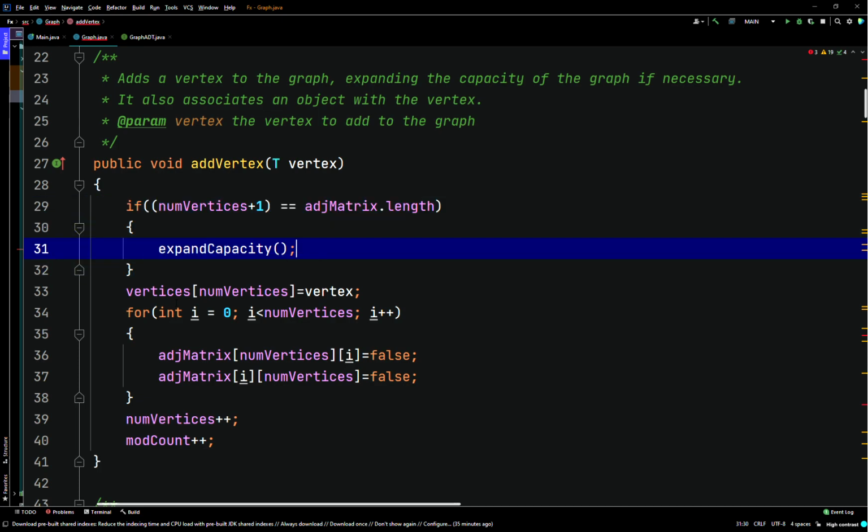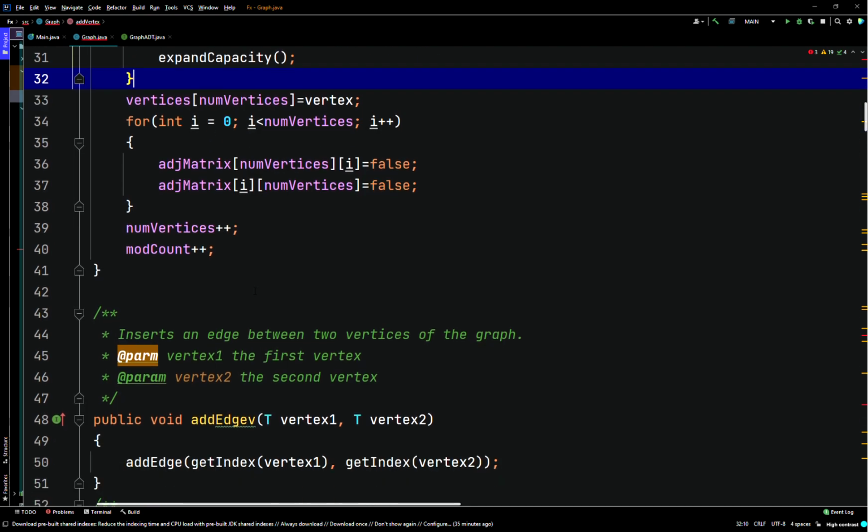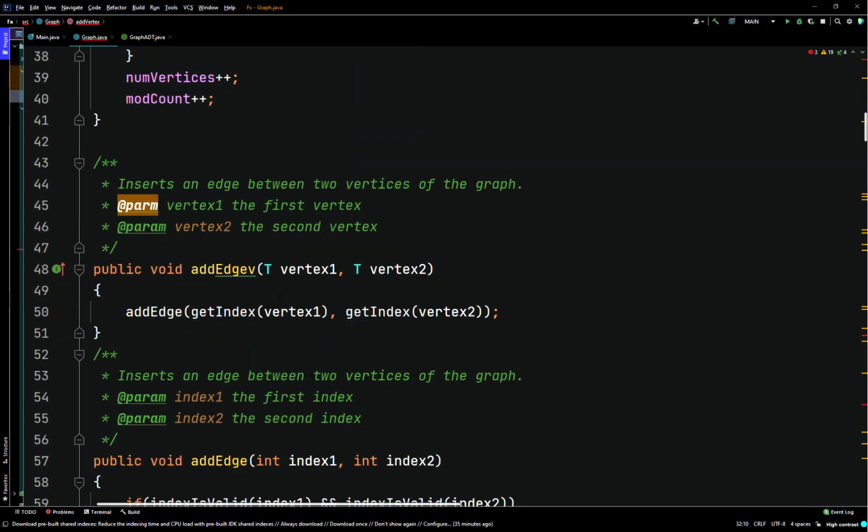So it's going to span capacity. If our array is full, then it'll set the vertices array at index 0. We'll store the value in there. We'll check, make sure that is false. That's it. Then after that, we'll do 2, and then we'll add an edge